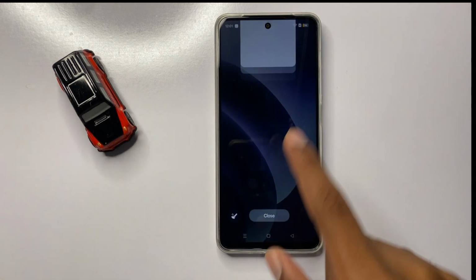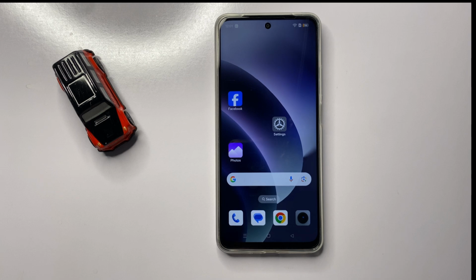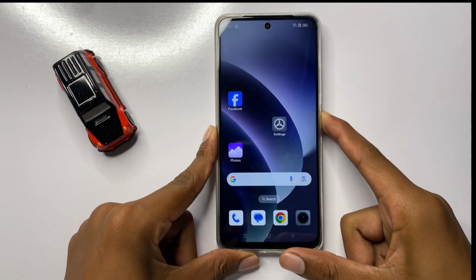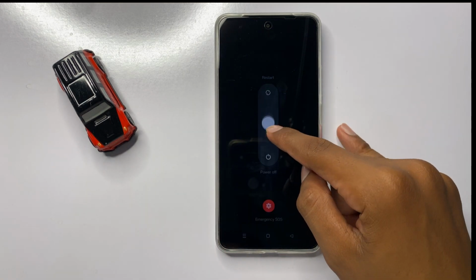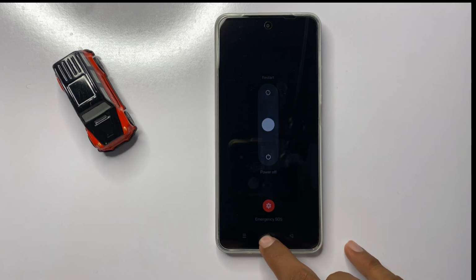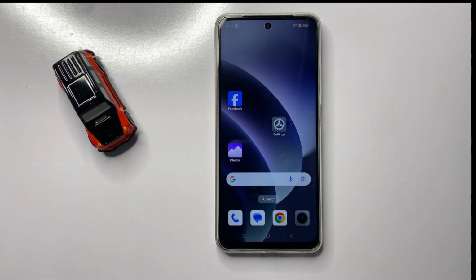After resetting all the settings, restart your device. To restart your device, press and hold the power button and then swipe up to restart your device. After doing these steps, your problem will be